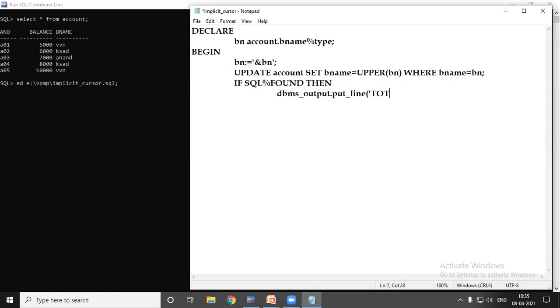Now total, concatenation operator. Here we are using one more attribute, SQL percentage row count, for counting how many rows are affected. Concatenation.